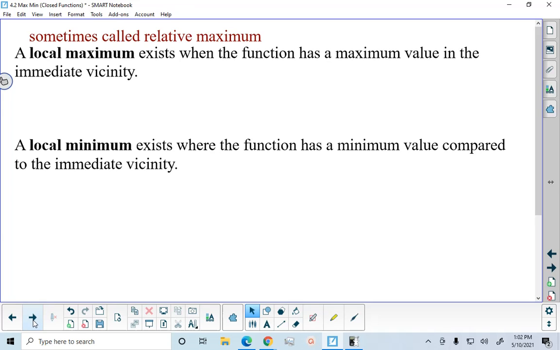A local minimum exists wherever the function has a minimum value in a particular area, which means that the surrounding graph is higher than that point because that point is as low as possible in that region. And this is sometimes called a relative minimum. So in order for you to appreciate what this means,